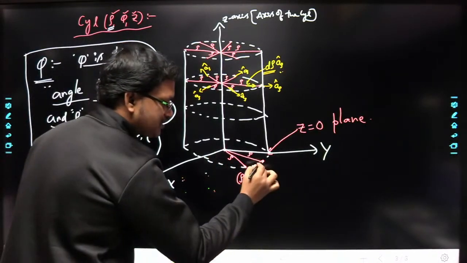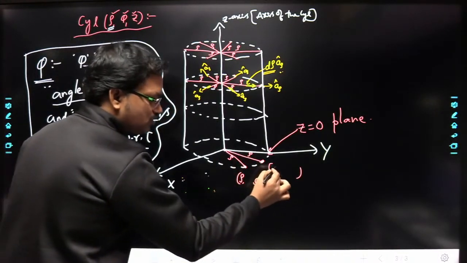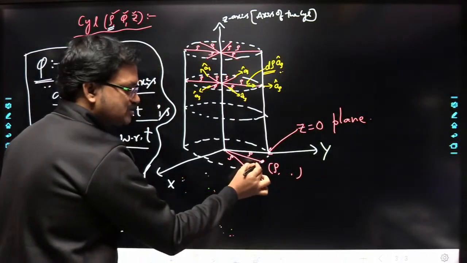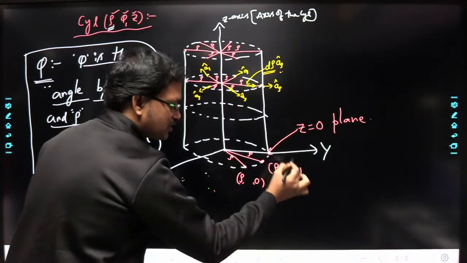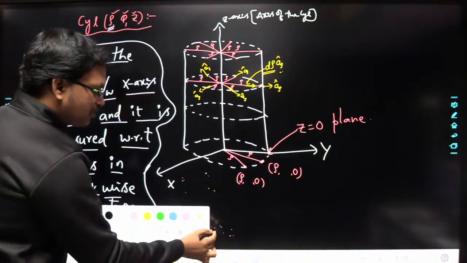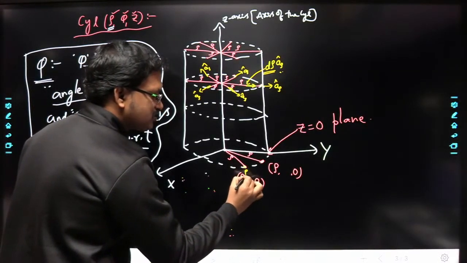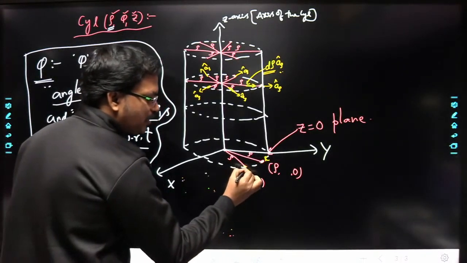Now if I want to represent this point, it is at the normal distance rho, so I have to represent the coordinate rho. And this point is also on the z equal to 0 plane, and hence the z value is also equal to 0. Understood? Let us say this point is P1 and this point is P2. Now as I move from P1 to P2 here,